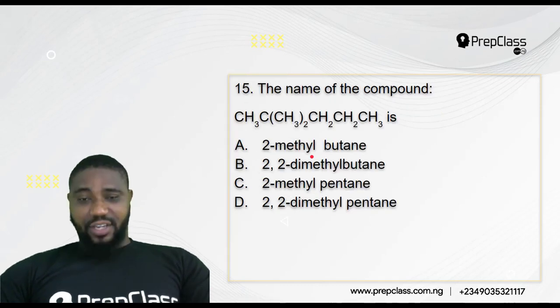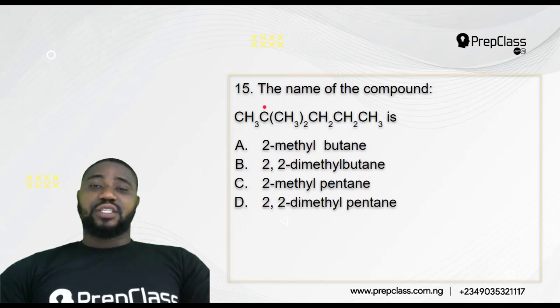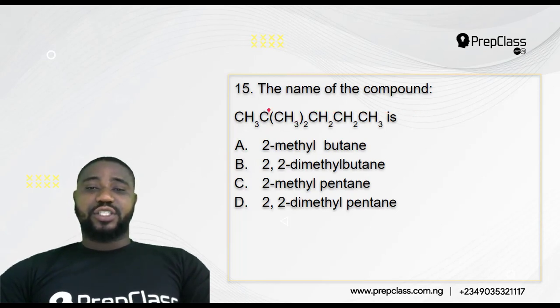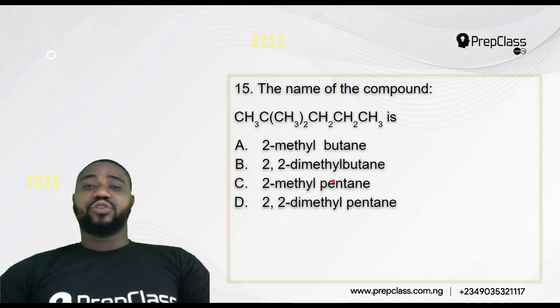Question number 15, and I believe that will be the last for today's section. The name of the compound CH3C(CH3)2CH2CH2CH3: is it 2-methyl butane? Is it 2,2-dimethyl butane? Is it 2-methyl pentane? Is it 2,2-dimethyl pentane? Before you can name this compound, or to make it very easy for you to name,